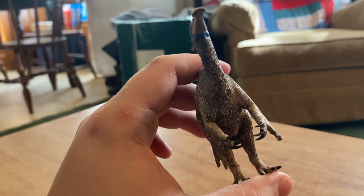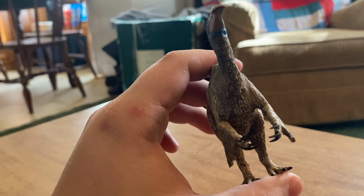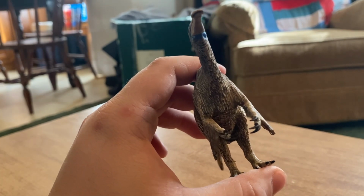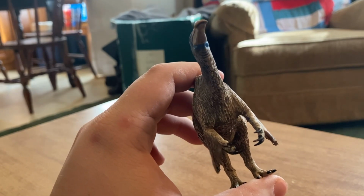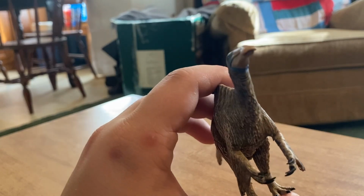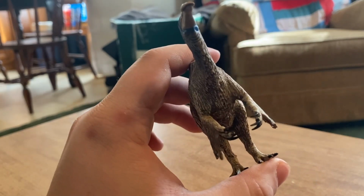You know, looking at this, it kind of makes me want a Mesozoic Planet Therizinosaurus now. That would be awesome. Oh my god. I would love to have a scientifically correct Therizinosaurus from this line. It'd be so cool. But anyway,